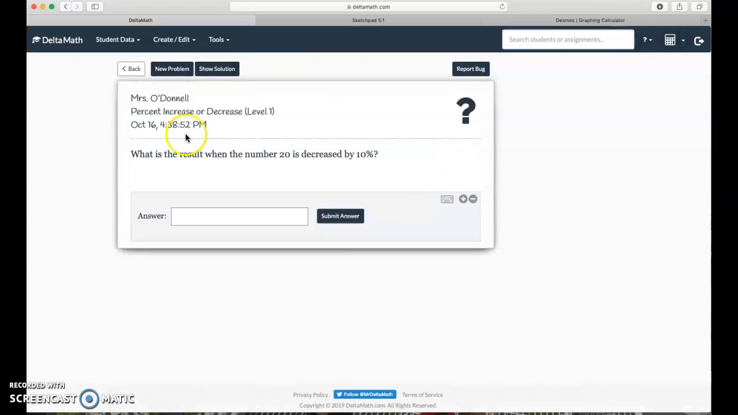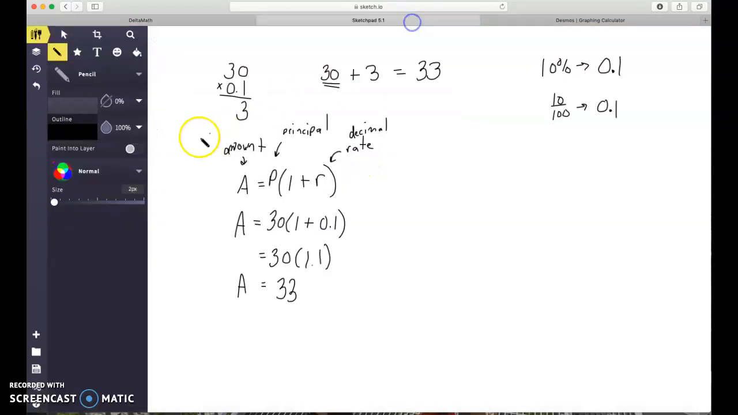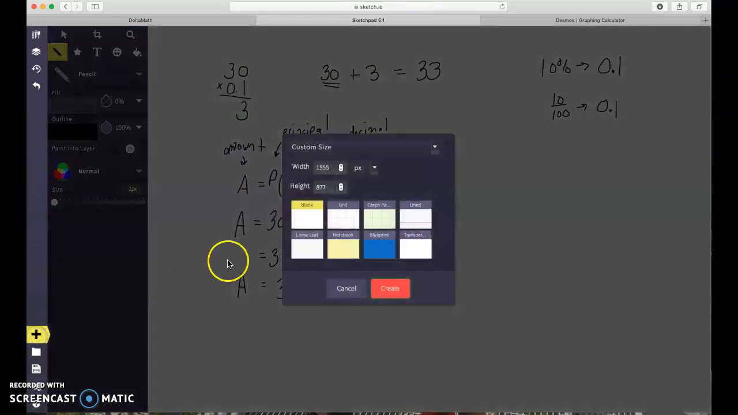Okay. We could check out one more problem. Now they want to know percent decrease, right? So we're starting with 20 and we're decreasing by 10%. Well, this is the same general